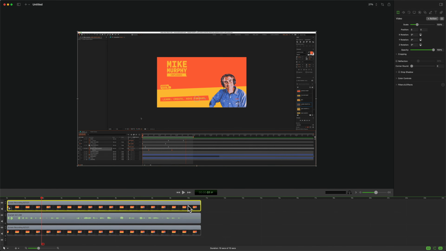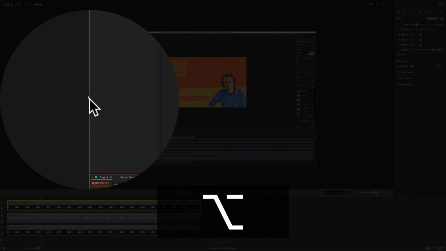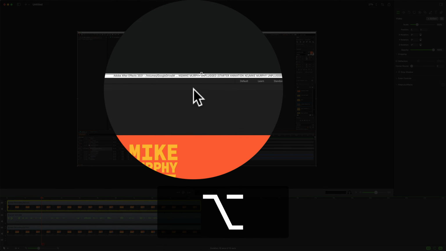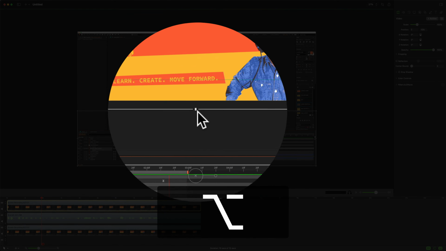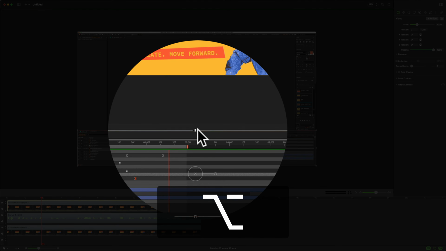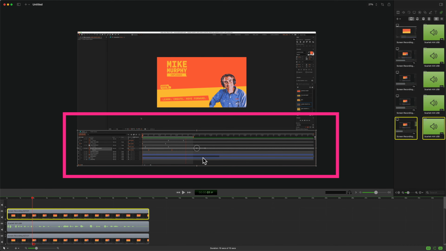I'm going to select the top clip. You'll see the bounding box with those circles for the transform handles. I'm going to press the Option key until I see the circles turn into a rectangle. I'm going to go up to this top one here. I'm just going to click and drag down and crop right to the timeline. And now when I select this top clip that I just copied, you see the bounding box is just around